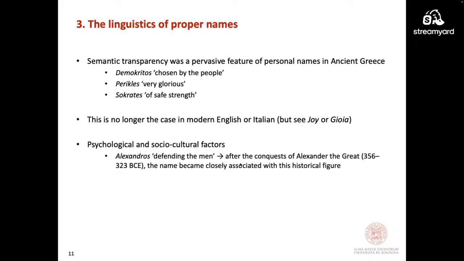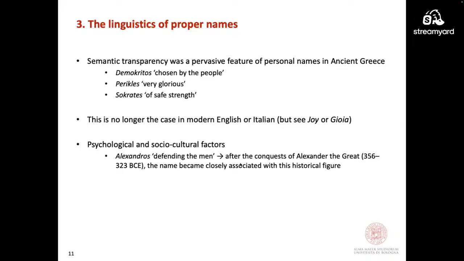With regard to personal names, it is worth remembering that semantic transparency was a pervasive, if not systematic, feature of attributing personal names in ancient Greece, and more in general also in ancient Indo-European cultures. So people knew the meaning of the others' names.